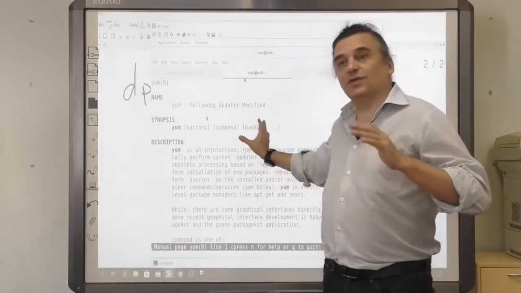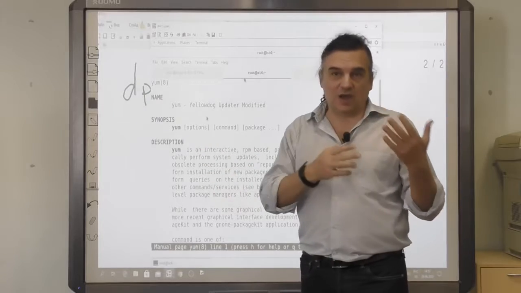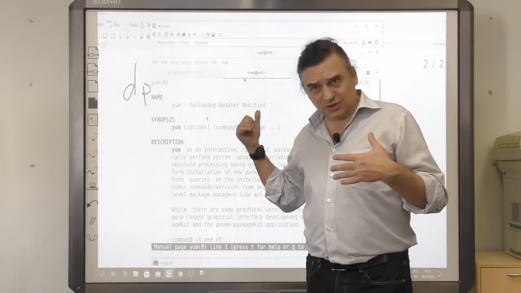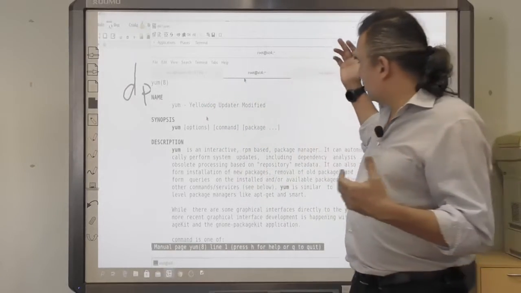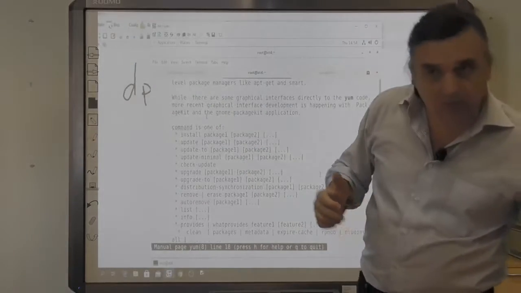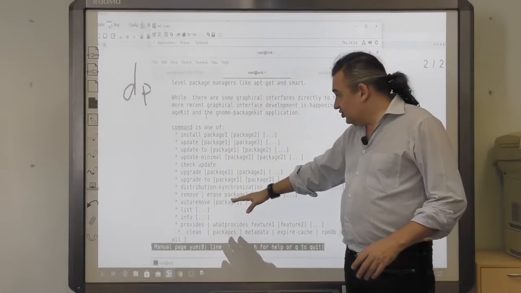As we can see, using those tools, we can perform the same actions as with RPM and dpkg: install, remove, and update packages